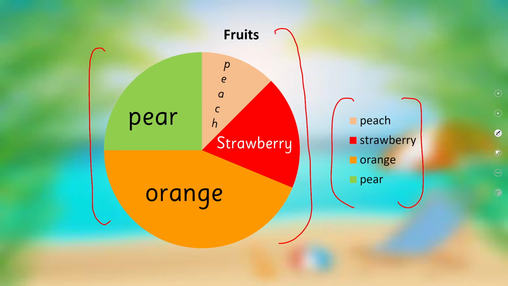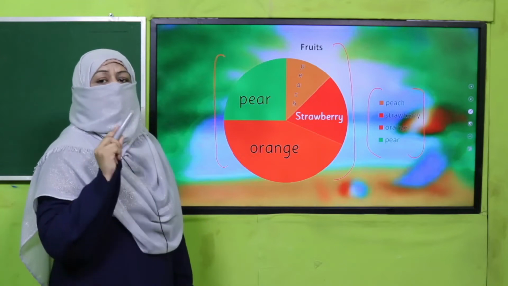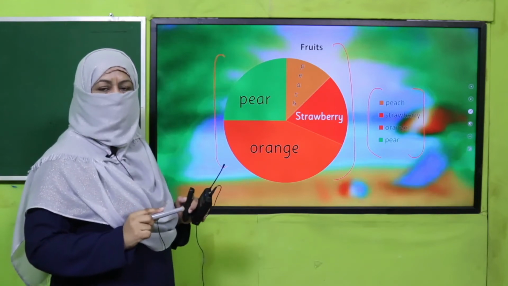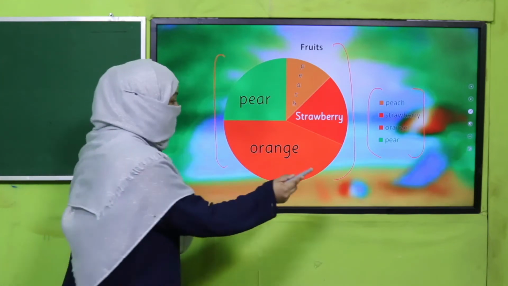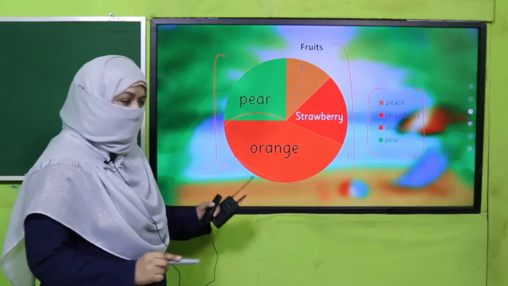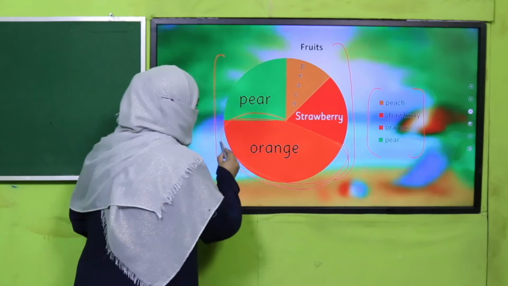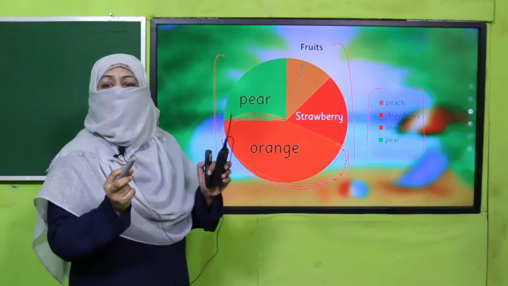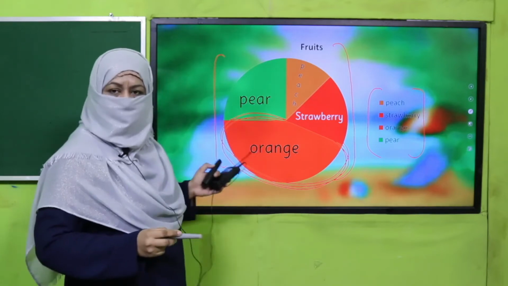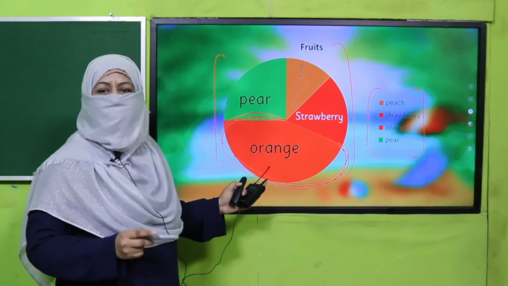Now by looking, how do we read it? If I ask you, by looking at this pie chart, what is the maximum fruit covering the pie? What will you tell? The fruit which is covering the biggest area. And what is that? That's orange. You see, this is how we read a pie chart. Keep looking at the pie. The size of the pie will tell you the contribution, the participation, the number of that particular thing out of the whole. Right? So orange is covering the maximum of this circle. That's why orange is the highest number.